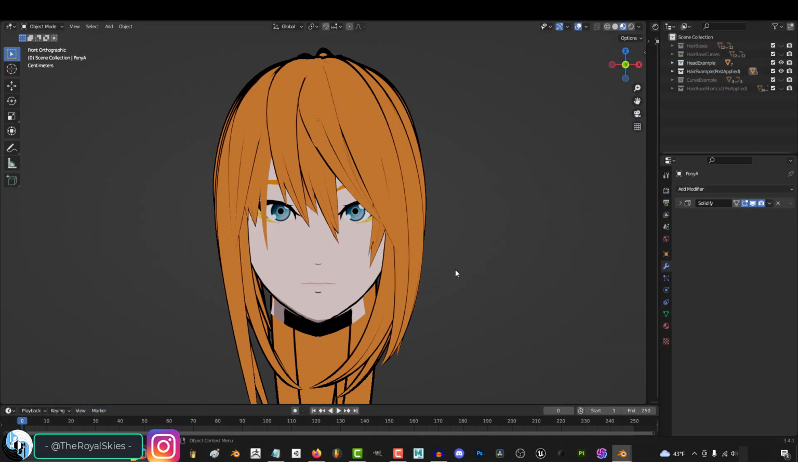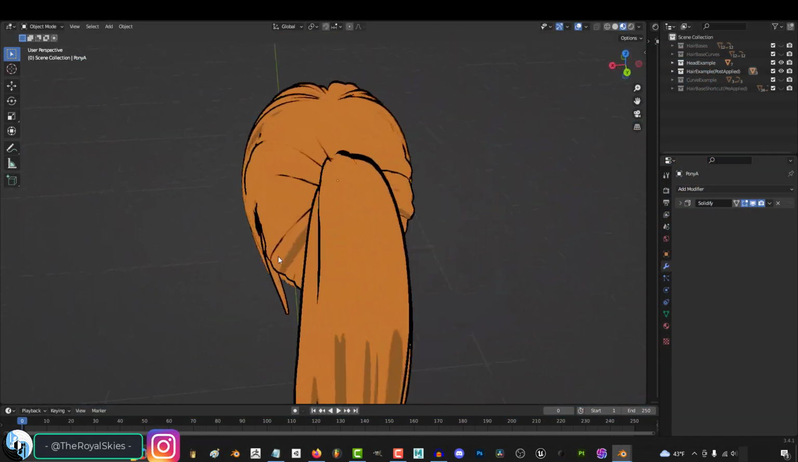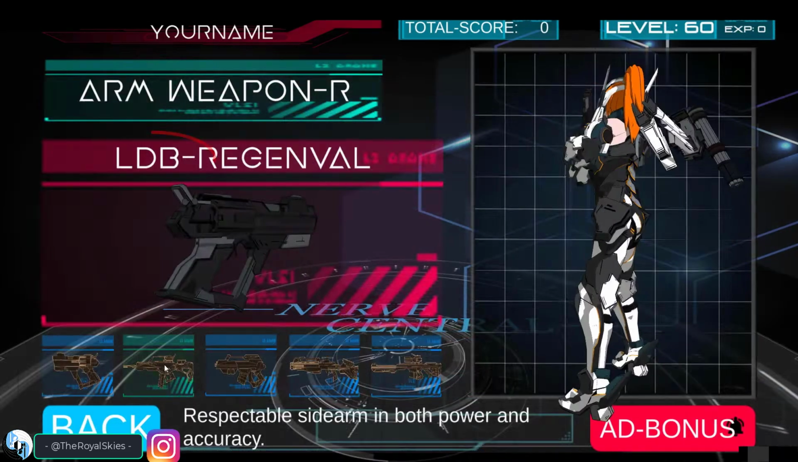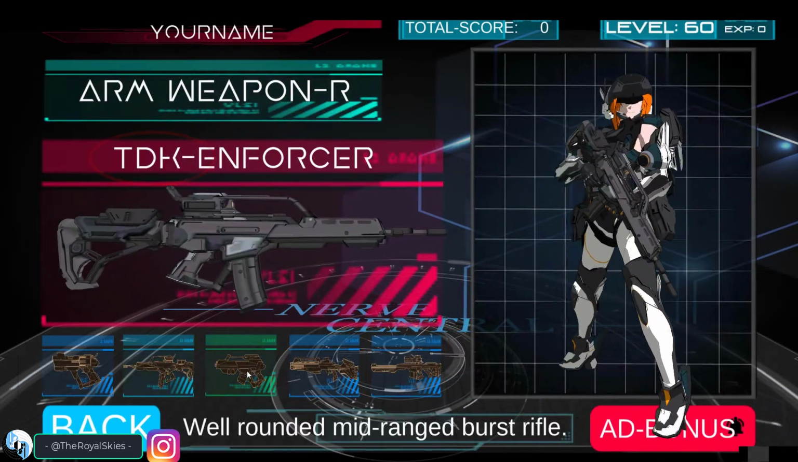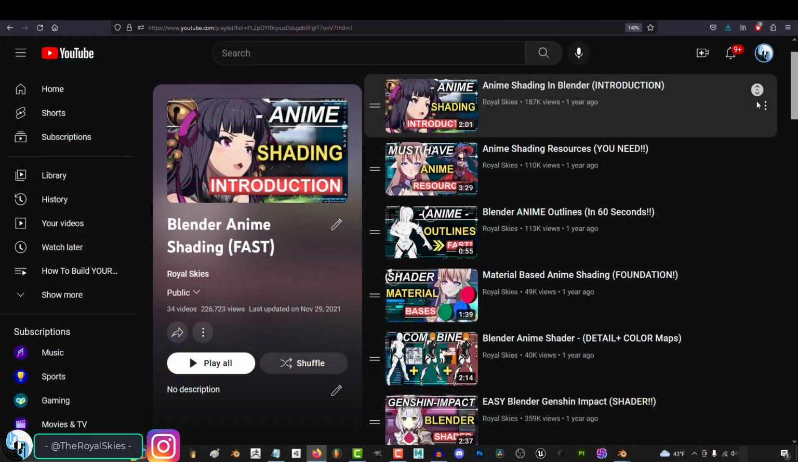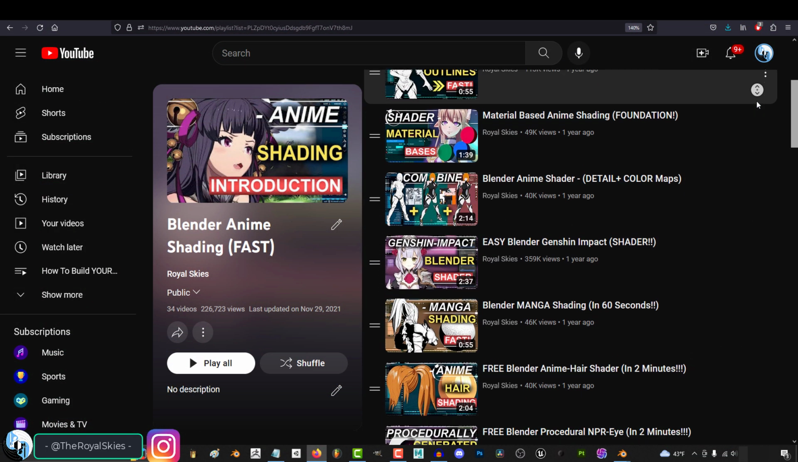So, you really need anime hair. Not a problem. A lot of you guys wanted to know how I made the hair for my anime character in my game Macrophage, and I've already documented the entire process of how to do anime shading in Blender publicly